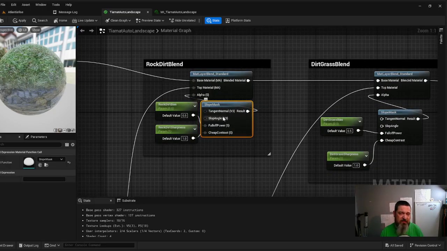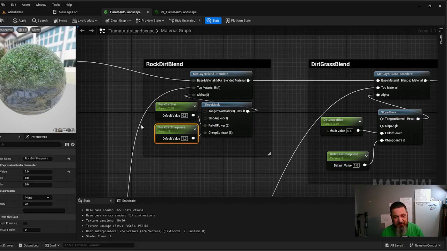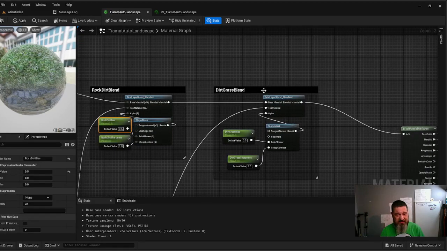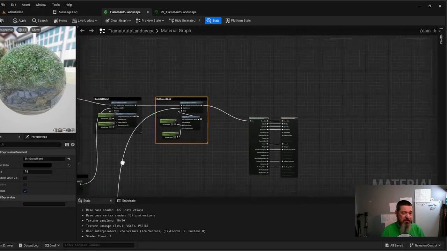The slope mask is going to take the slope of the angle of the landscape and apply the texture to that according to these two scalar parameters. The fall off power is going to be the actual angle where it falls, and the sharpness is how quickly it falls between them. So if you want a really clearly defined line, your sharpness is going to be a 1. If you want a fuzzy line, it will be closer to 0. Now again, this is just duplicated over for my dirt